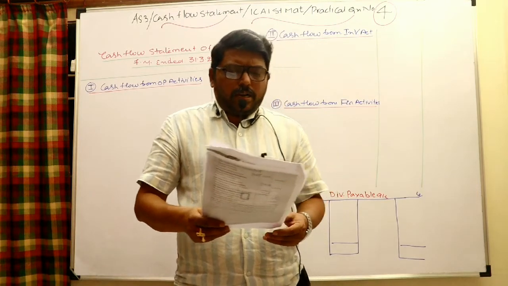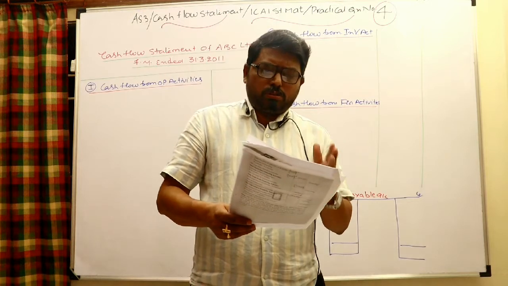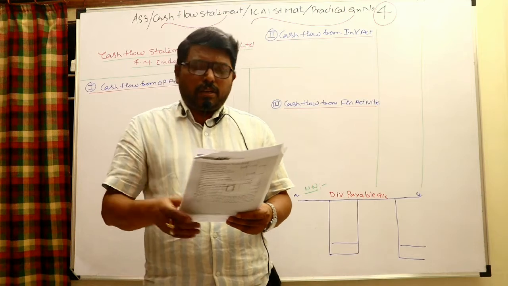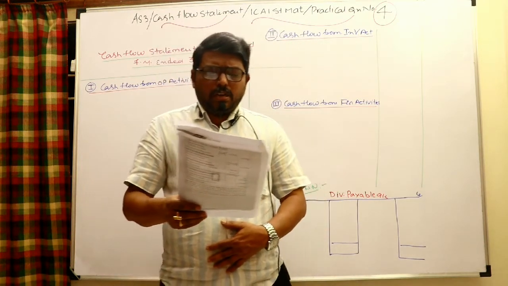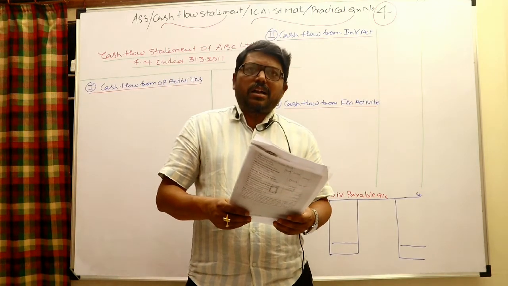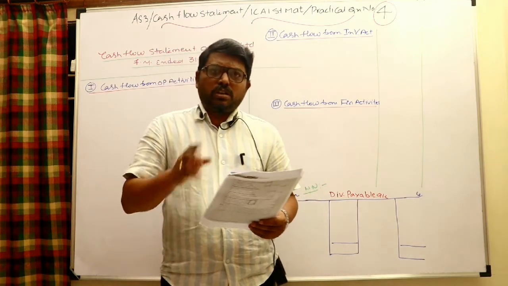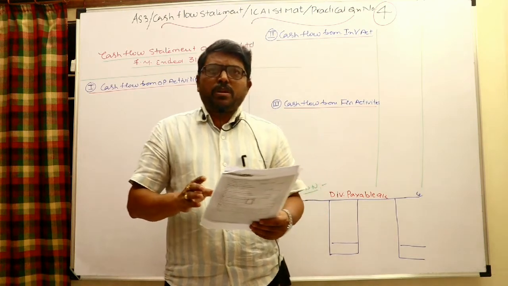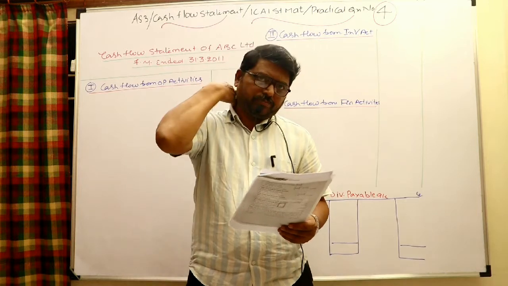Okay. Debentures are 0 in the beginning and 9 lakhs at the end of the period. So debentures of 9 lakhs are issued. It is a financing activity and is to be shown as a financing activity. Trade payable is 8 lakh 80,000 in the beginning and 8 lakh 20,000 at the end. There is a decrease of 60,000. For current liability, increase is inflow and decrease is outflow. So the 60,000 decrease in trade payable is an outflow. It should be shown as a change in working capital effect.